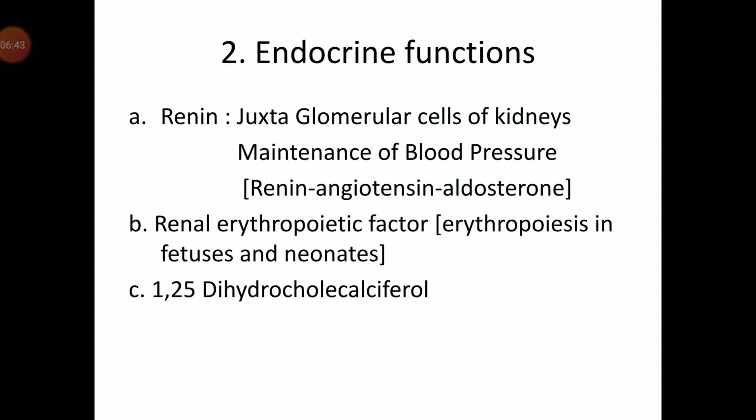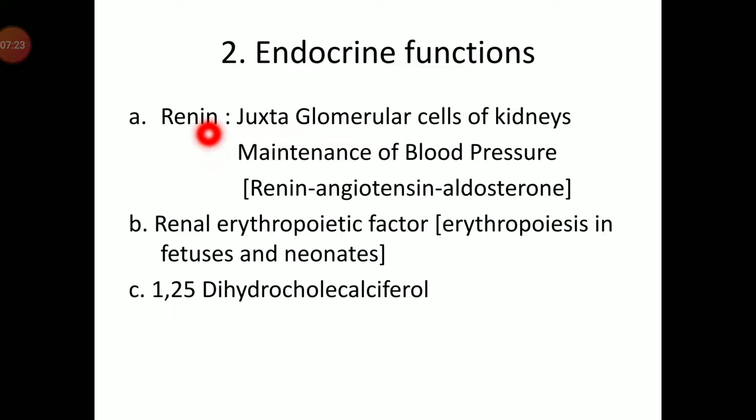This angiotensinogen is a kind of plasma protein. When renin acts on the angiotensinogen, it is converted into angiotensin 1, and this angiotensin 1 is subsequently converted into angiotensin 2 with the help of enzymes like angiotensin converting enzyme, which is found in the capillaries of the lungs and other organs. And this angiotensin 2 is a very, very important molecule, which helps in the regulation of blood pressure in the long term.